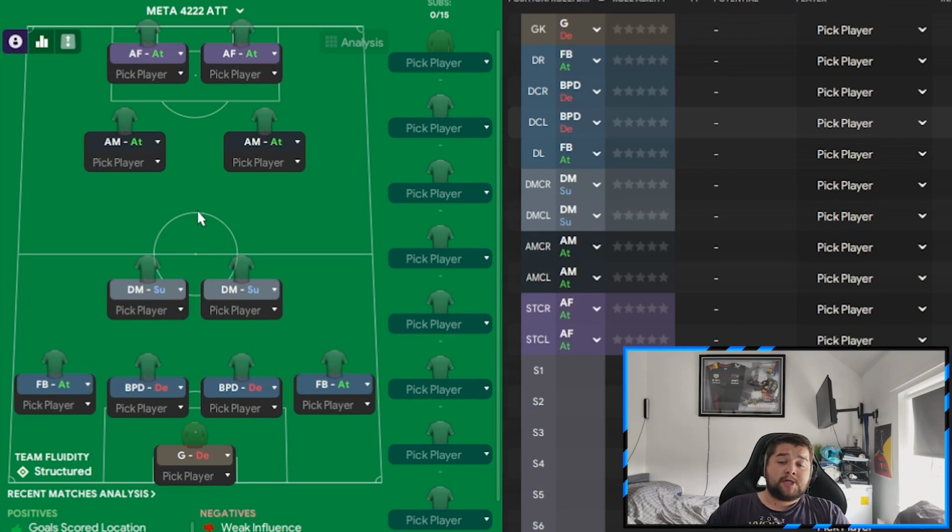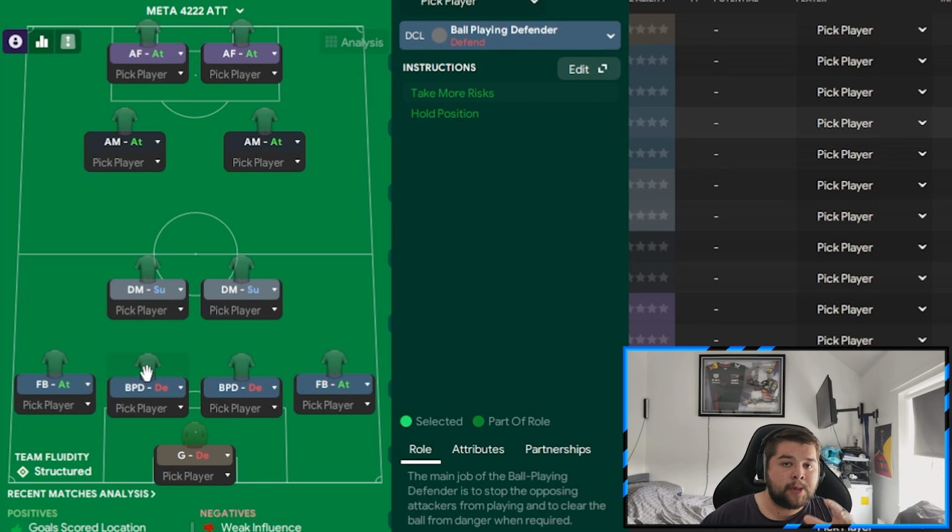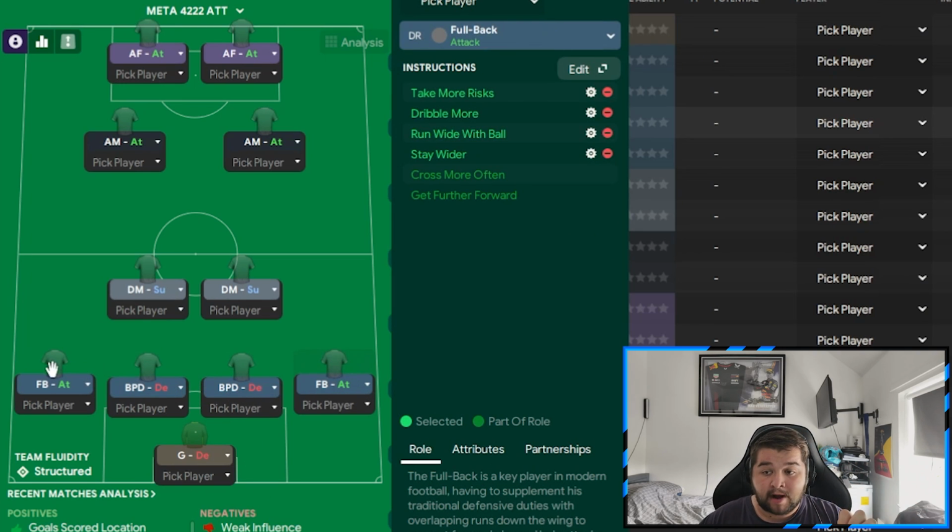So with Atletico Madrid, I decided to go a little bit more attacking than the default version because I wanted to try and catch teams off guard. We've got good attacking players, therefore you are going to see some big changes coming into the player roles. The goalkeeper does remain the same to clarify, as do both of the ball-playing defenders. The fullbacks, however, on the right and on the left, are both now on attack, take more risks, dribble more, run wide,